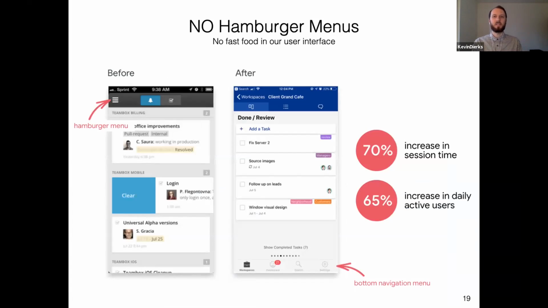Another example that I don't think is ever outdated is hamburger menus. I said specifically no hamburger menus. There are situations where you might want to use it, but as you can see, session time increases enormously when you don't use a hamburger menu, but instead a bottom navigation menu. Same reason as you've just seen for the segmented button, all your options are clearly visible. You can access it within one click. You know exactly what it's there for, and it makes it much easier to browse the app.